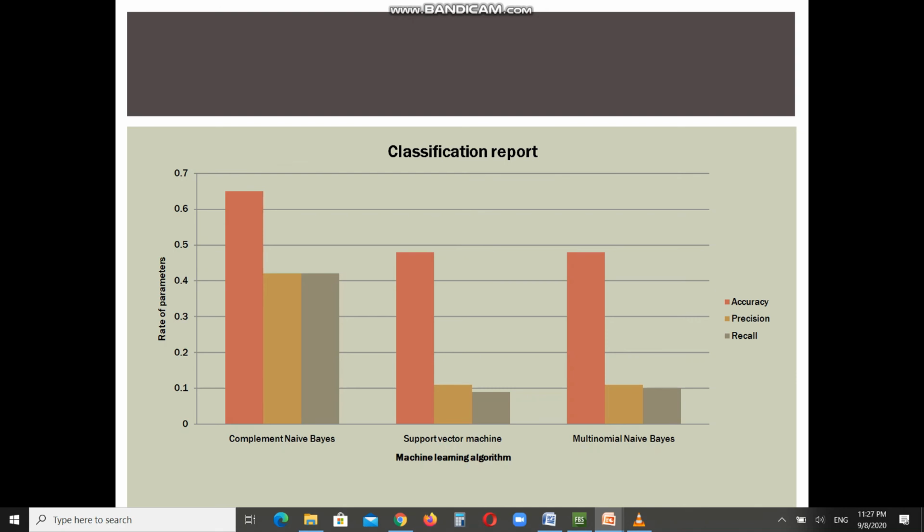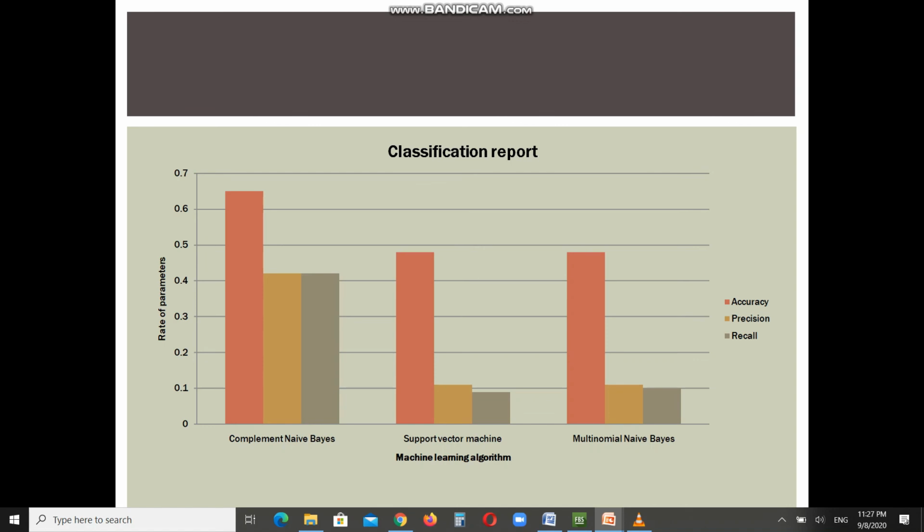But the difference between complement and multinomial is that complement supports the major assumption made by the multinomial naive Bayes. So that is why complement has slightly better accuracy than multinomial naive Bayes.